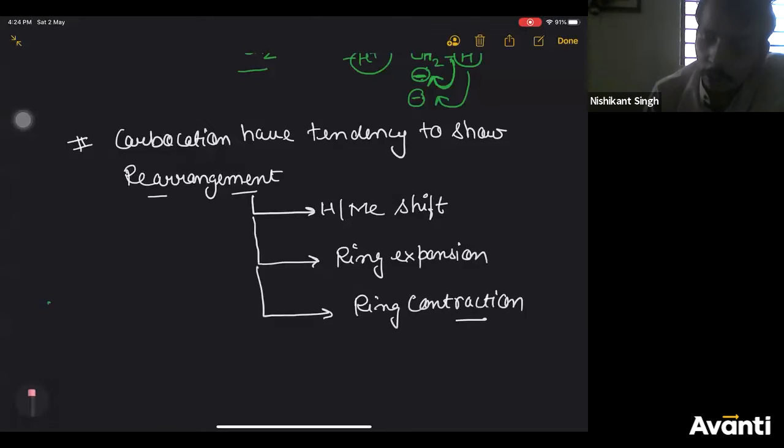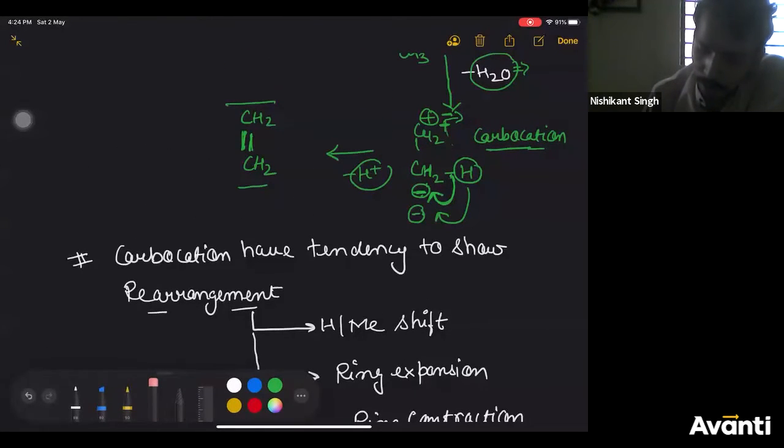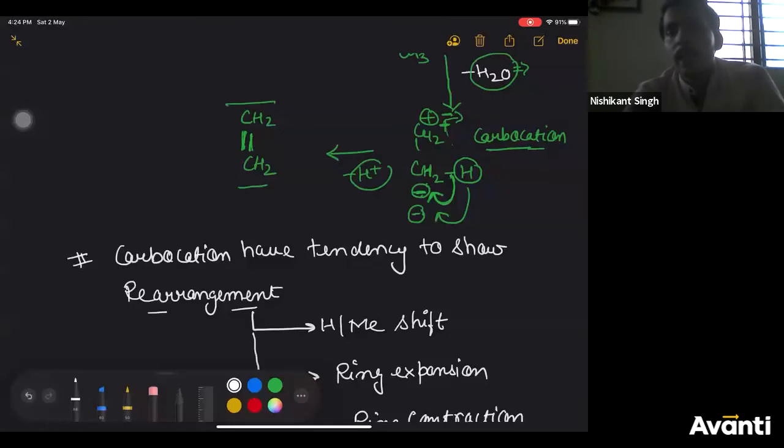Tarun, you have joined new, is it? Have you joined new, Tarun? Because this is what we did in resonance, the last chapter also. So see, Tarun, we are not saying positive and negative combine to form a pi bond. We are saying positive charge and negative charge. Basically, this is an assumption. I am writing it so that you can understand better. Actually, it does not happen like this.